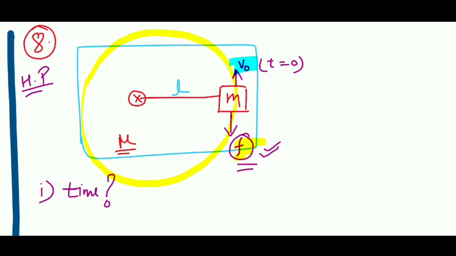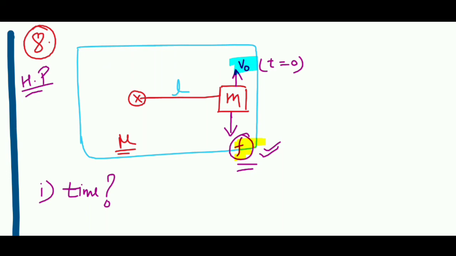Why does it have to be in the opposite direction of velocity? Because if it is in the opposite direction of velocity, it will decelerate the block and finally it will stop. If you choose any other direction of friction, it is useless. What does friction want? Friction wants to stop this block, and to stop this block, the best direction of friction has to be exactly opposite to the velocity at that particular instant. Okay, so it will always be opposite to the velocity.